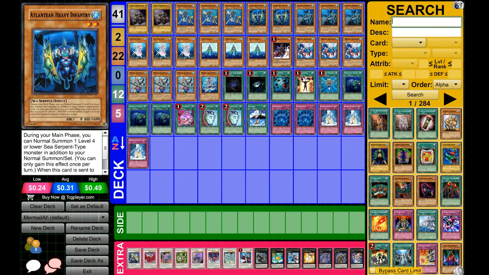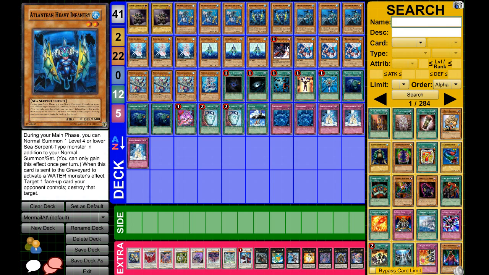Next up, Heavy Infantry. Now, I didn't really like drawing this card. I liked to discard him when I had him in my hand. But the thing was, I don't like him too much. He opened up plays with Gotchi, which was nice. But his effect is, when discarded to the graveyard, you can target one face-up card your opponent controls and destroy that target. I really didn't feel it was necessary, because most of the time in this deck, I felt like